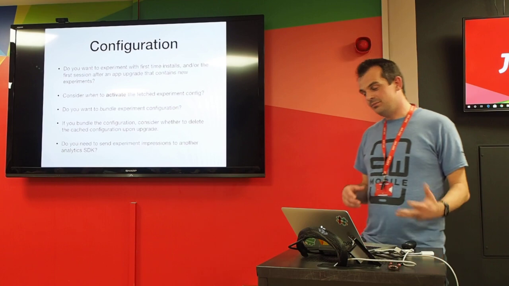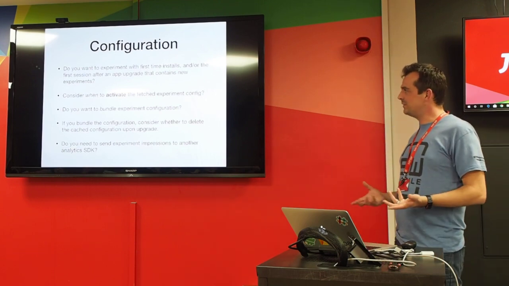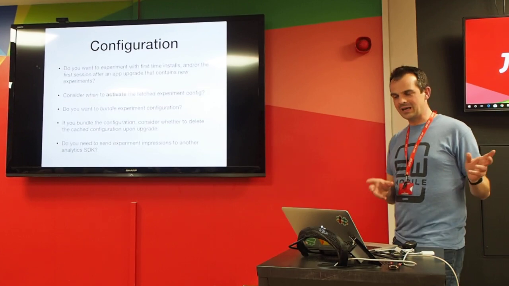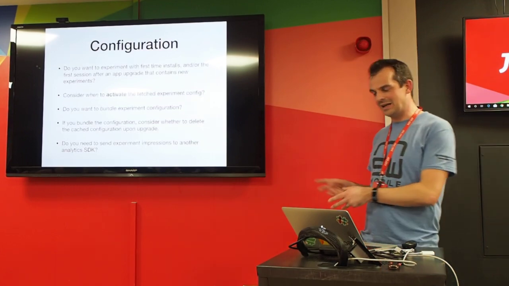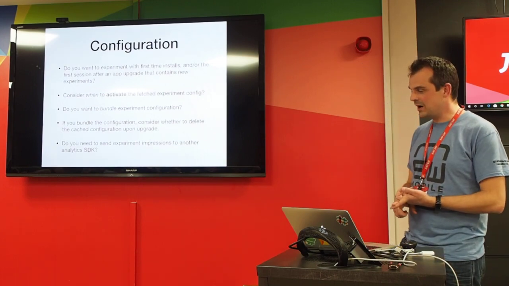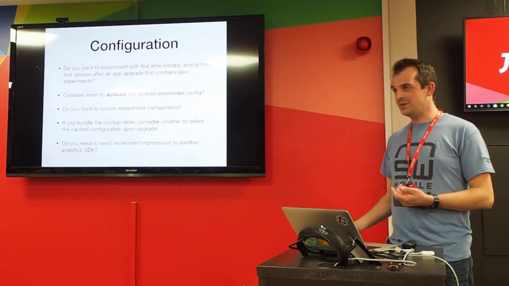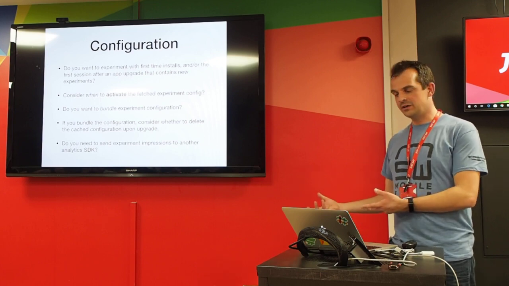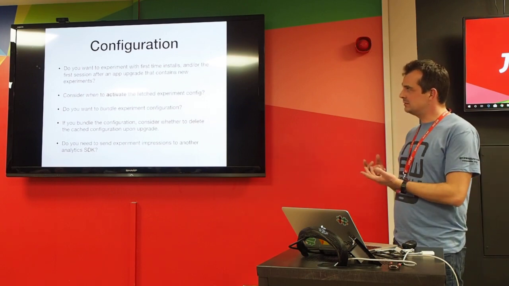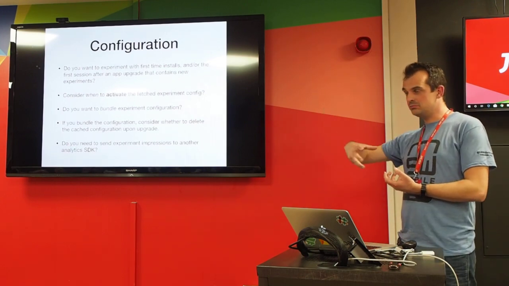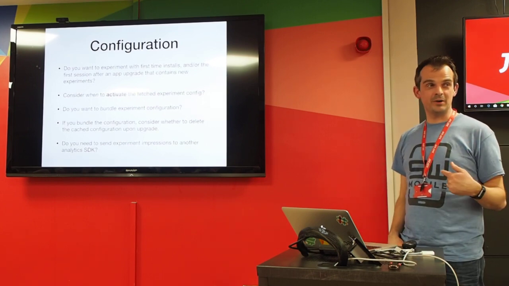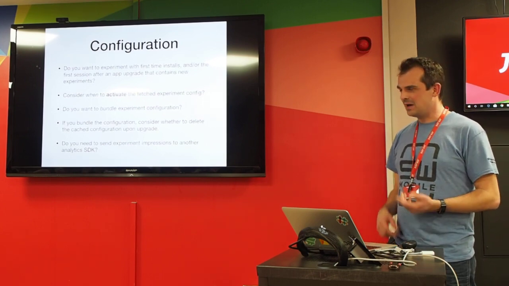So basically, experimentation via an A/B testing framework is basically remote control of your app. So it can be quite powerful, but it also presents some challenges for mobile apps, because what if the user's on a slow connection? What if they're offline when they launch your app? What if they've just installed it from the App Store and they haven't downloaded the configuration yet? So if you were to wait during app launch to fetch a new experiment configuration and not do anything else, just have a progress bar on your splash screen, that might not be the best